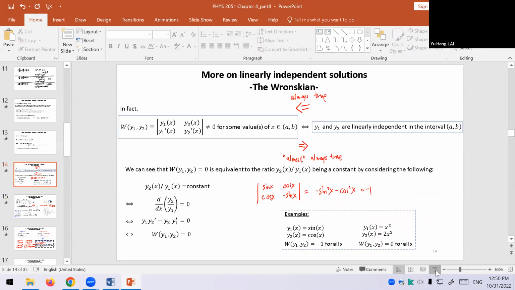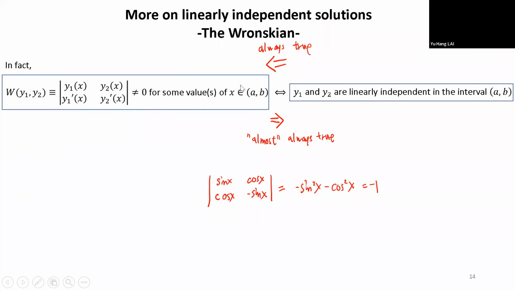What we have over here, right? So for the two functions, yeah, the Wronskian is not 0, and that means these two functions are linearly independent. Okay, and remember that I put this "almost always true." It's actually not always true, but